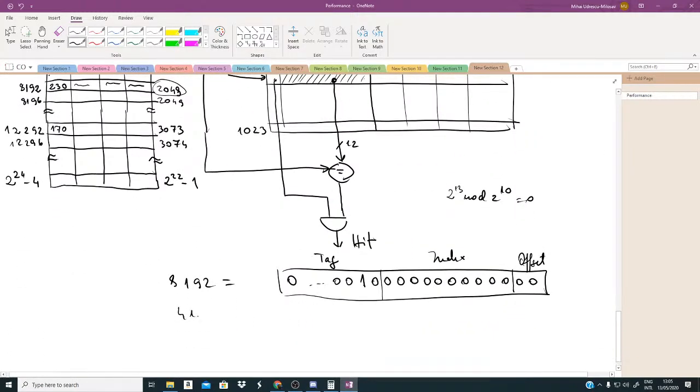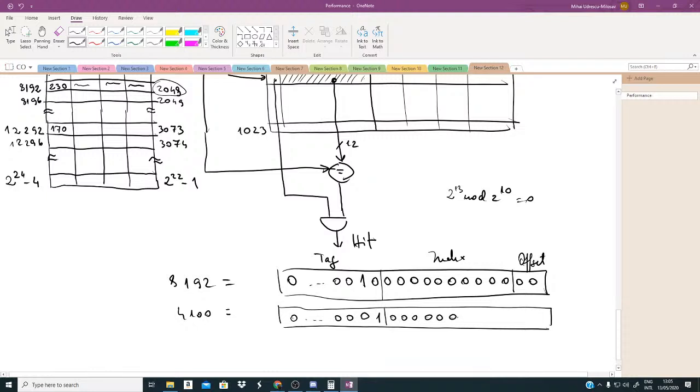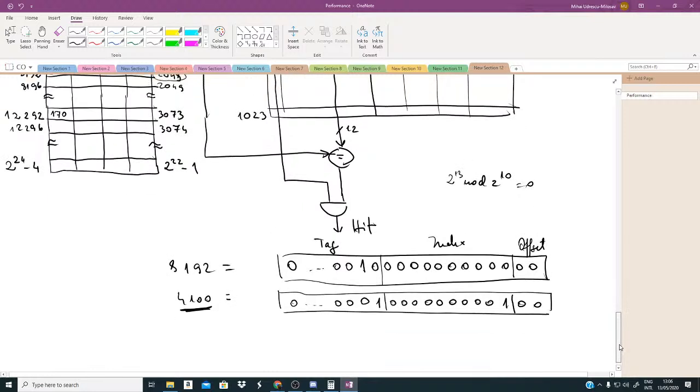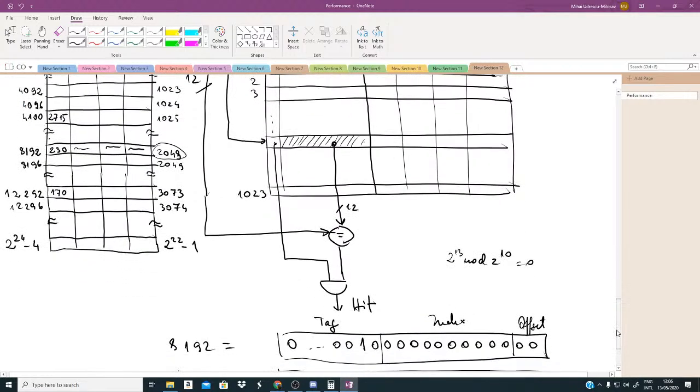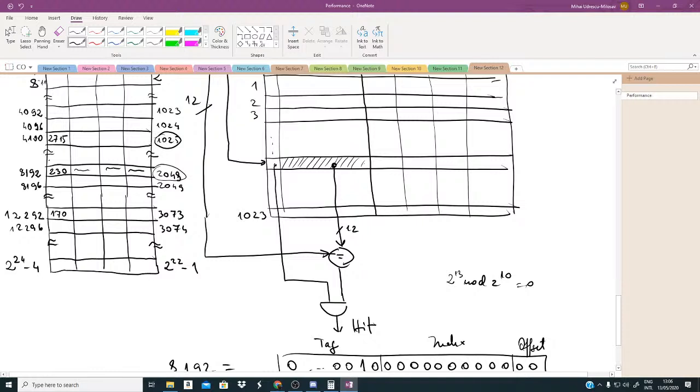Now let's see 4100, right? That is 4 plus 2 to the power 12. That's 4100. So you have something like this instead. 2 to the power of 12, that's a 1 here. And a 4 is going to be like this. So the offset is this, the index is this. So this word goes at index 0. And you can clearly see that this word is within block